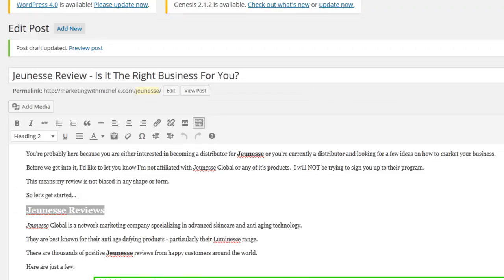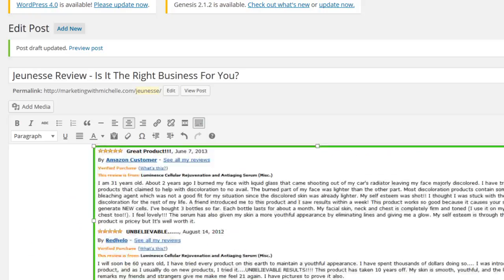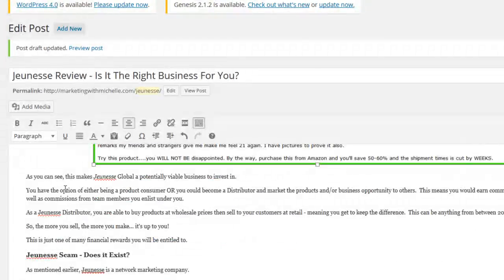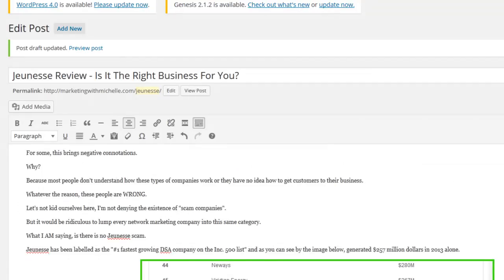Also images, and also name them. You want the keyword in the image names as well. And you also want to bold your keyword a couple of times if possible. You want to also have it in italics and underlined at least once, depending on how long the article is. My article is 900 words. And also you can have a video in there, which will also help with